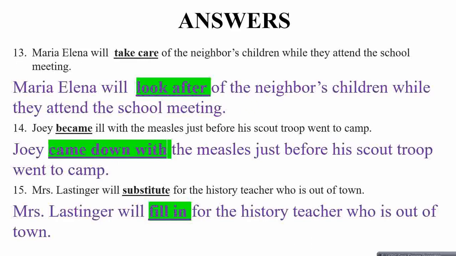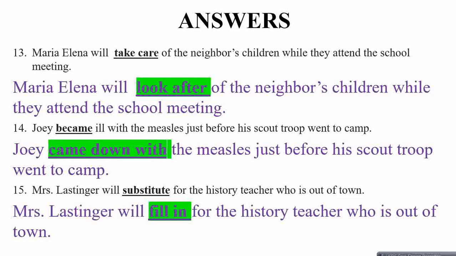Then comes question 13. Maria Elena will take care of the neighbors' children while they attend the school meeting. Answer is Maria Elena will look after the neighbors' children while they attend the school meeting. Question 14. Joey became ill with the measles just before his scout troop went to camp. The answer is Joey came down with the measles just before his scout